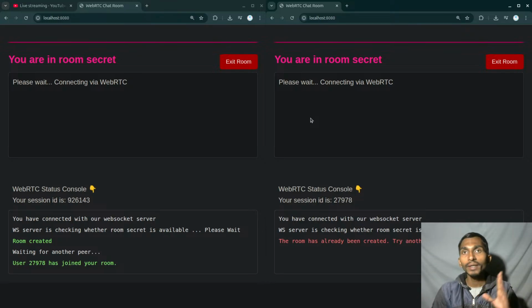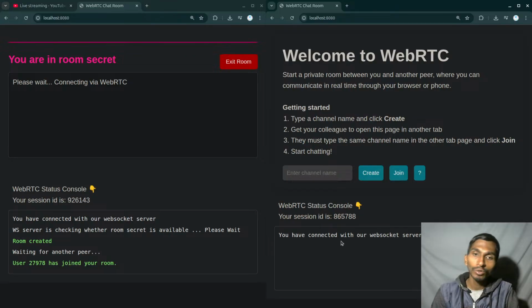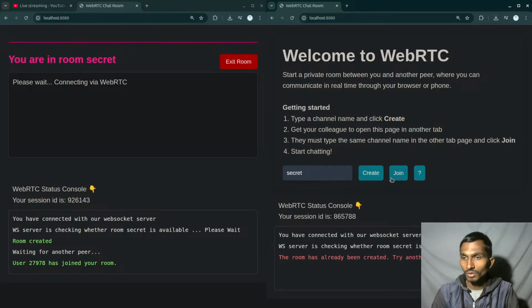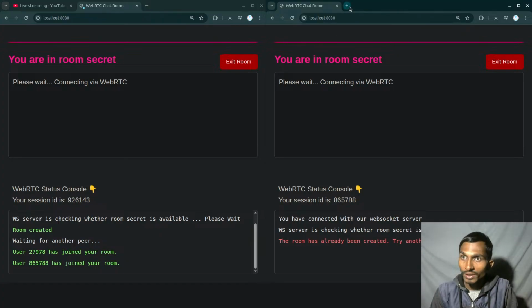That simply means that that particular user will be removed from the room. So if I reload the page, that particular user is removed, and right now you can join the room again. But if I do one thing like